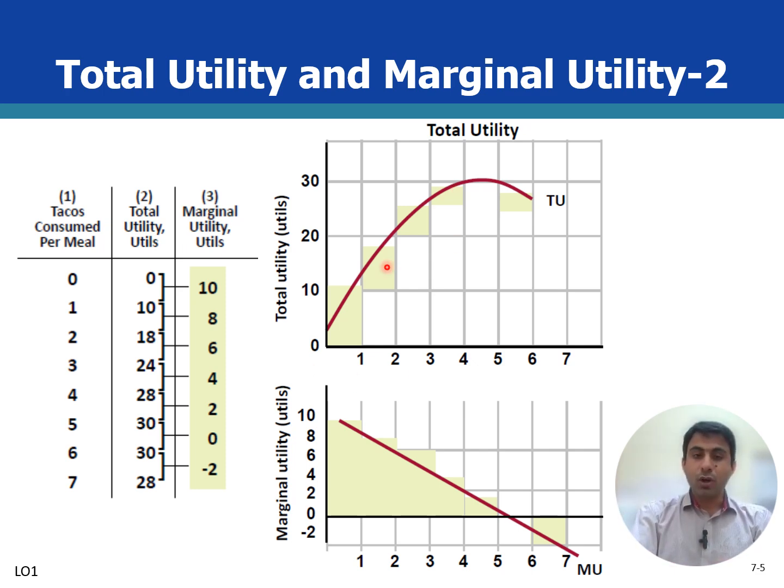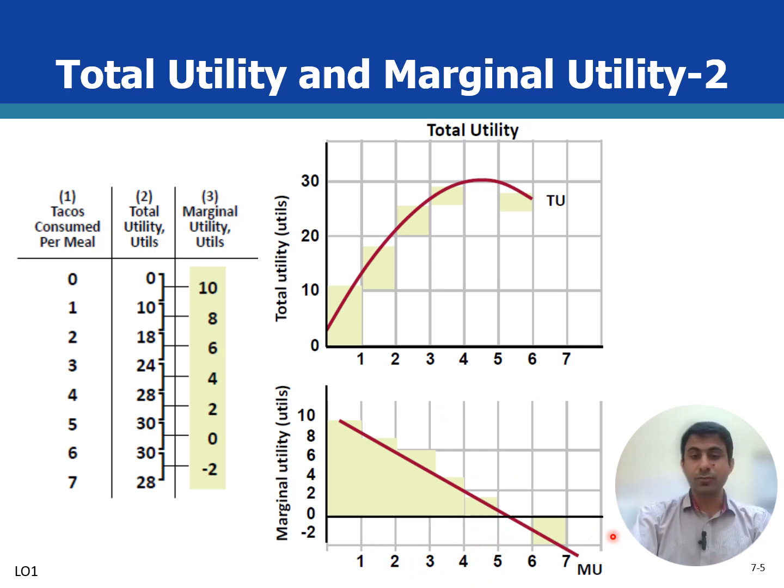If we draw the number of consumed units and the total utility in the upper diagram, we can see that as the consumed quantity is increasing, the total utility first increases at a decreasing rate, reaches the maximum when he was consuming 5 and 6 units, and after that it starts declining. And in relation, if we look at the marginal utility in the diagram below,